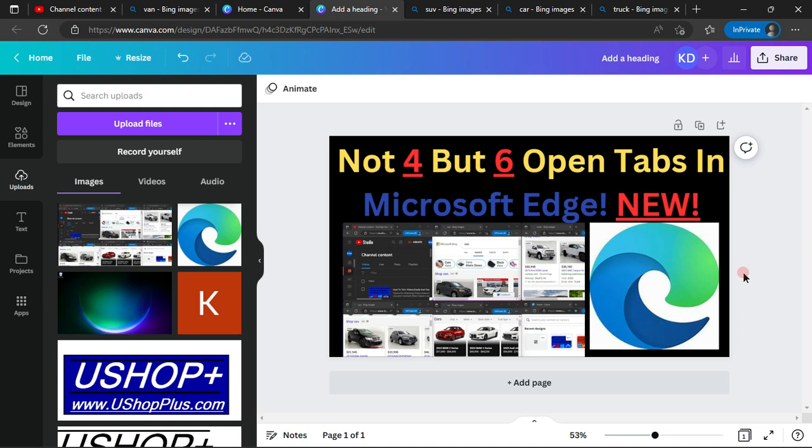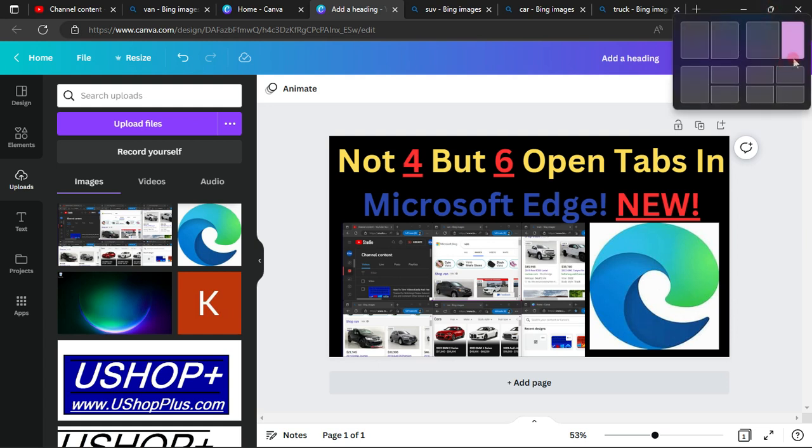New. Well, there's nothing new about it. I don't think anything's new about these tabs in Microsoft Edge where you can open 4, 5, or 6 of them. I think you can always do that. You just had to reshape them yourself. And when I say reshape them, I just mean make the box smaller. Just change the size of the boxes, and you could have put 4 on here 5 years ago. I mean, there's nothing new about it besides in this edition we have these